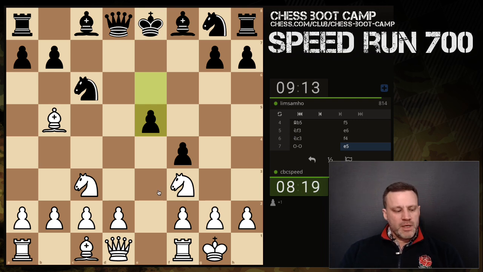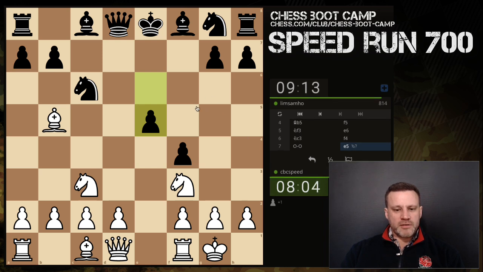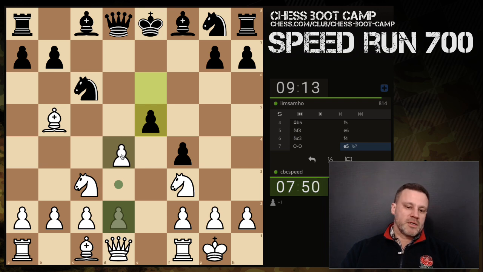Now, this is a useful learning point. This knight is pinned, as we have already established. And he's moved the pawn forward again to a square where it is actually not defended, because a piece that's only protected by a pinned piece is not protected at all. So I'm going to go ahead and play...